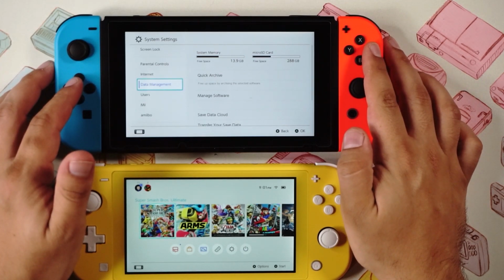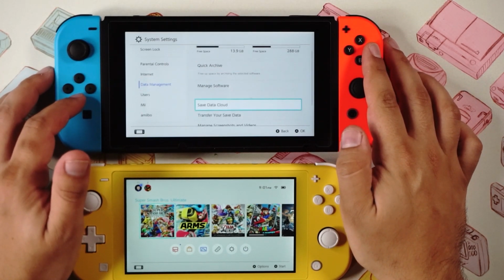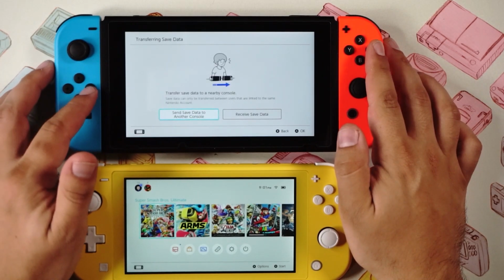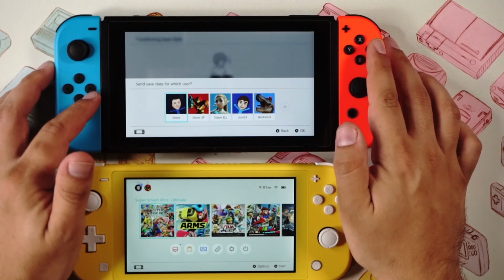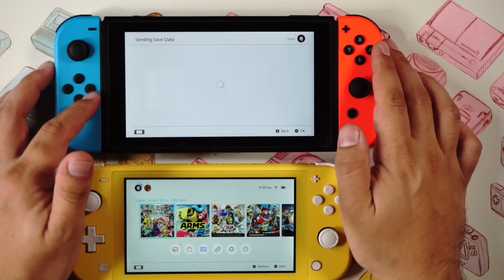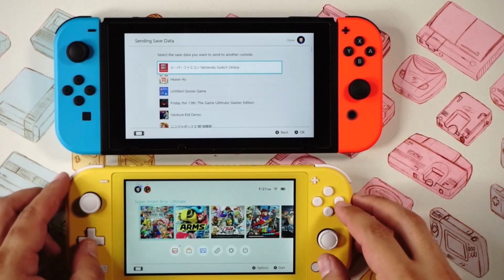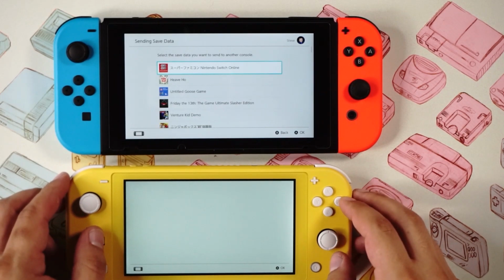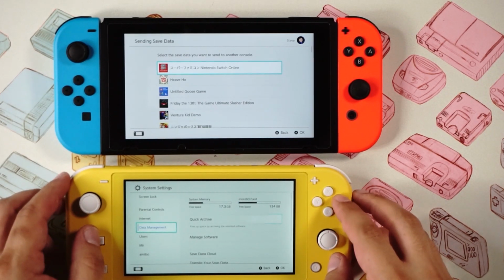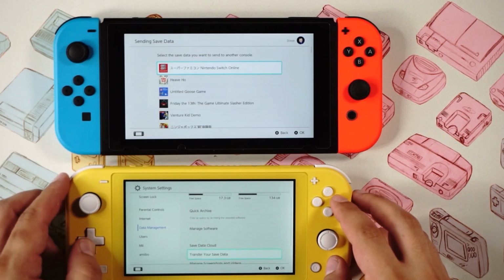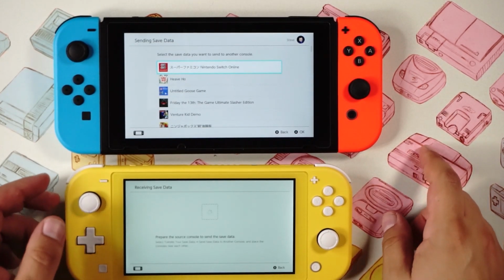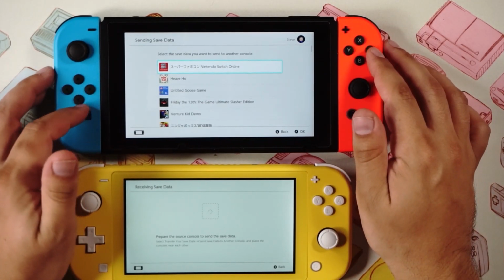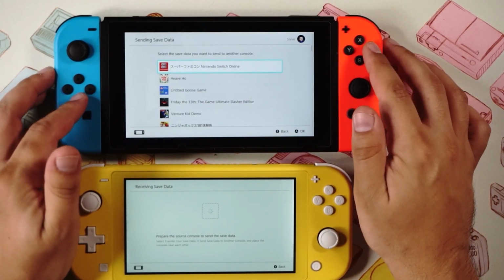So we're going to System Settings and Data Management, and we're going to choose Transfer Your Save Data, and you can choose to send save data to another console. I'm going to use mine. And I'm going to do the same over here on the Lite. I'm going to choose System Settings. I'm going to go down to Data Management, and I'm going to choose Transfer Your Save Data, but on here I'm choosing Receive Data, and we're going to choose to transfer over, let's just say,